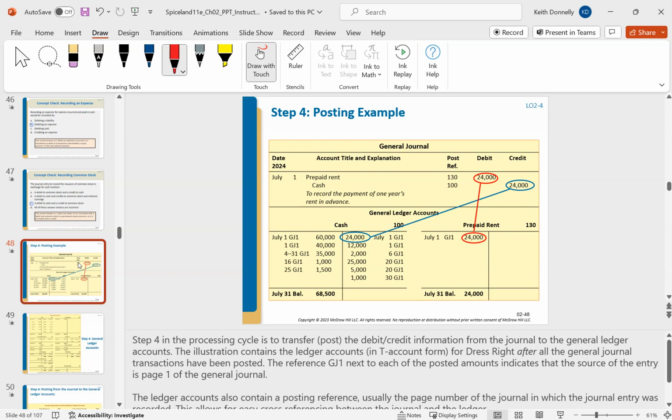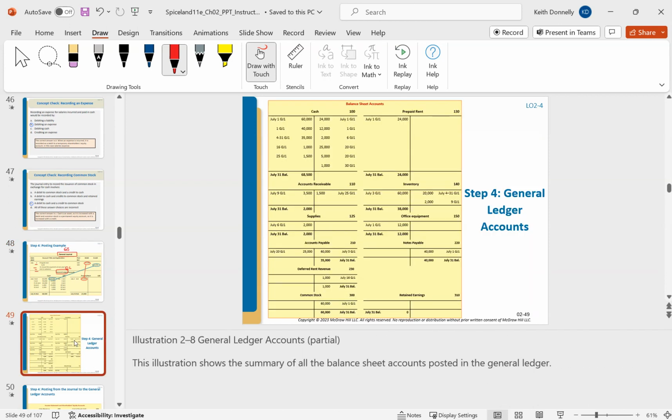This is just showing the interaction between the general journal, where you record entries chronologically as they happen, 1, 2, 3, 4, and then the general ledger, where it's going to be all those T accounts. We make the journal entry, we carry it down. We make the journal entry, we carry it down. Right, so the idea with this is